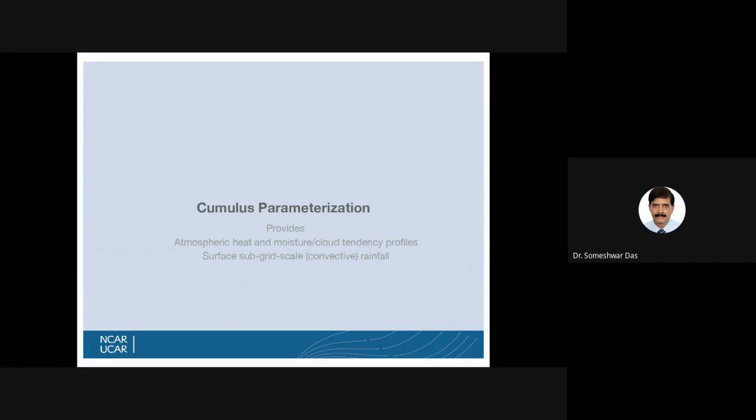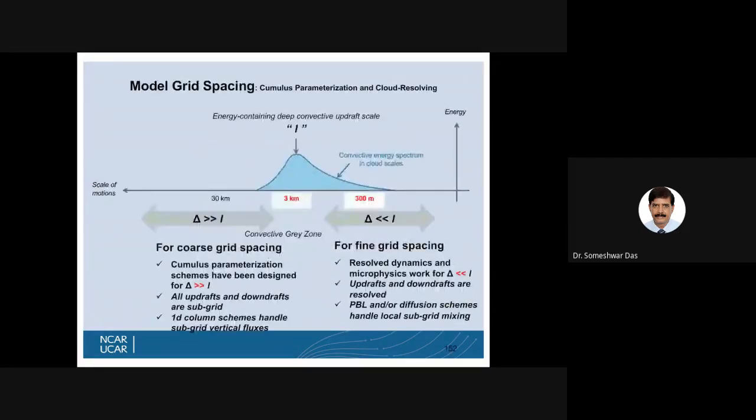So we have completed the PBL parameterization part of the WRF model, and now we are going to discuss the cumulus parameterization options in the WRF model. We have discussed this in the theory class. Cumulus parameterization is a very important parameterization, and many types of parameterization schemes have been proposed by different authors. Which parameterization of cumulus convection to use will depend upon the resolution of your model. These are the different scales illustrated in this diagram.